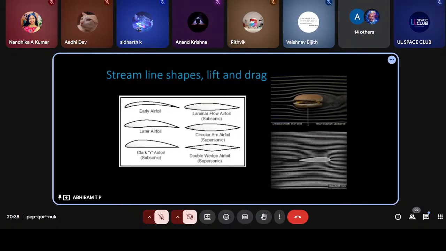This is able to provide a very smooth airflow without a significant amount of drag, turbulence, or stall. I will explain later. This was used mainly in an old icon of the fighter jet industry, the P-51 Mustang.